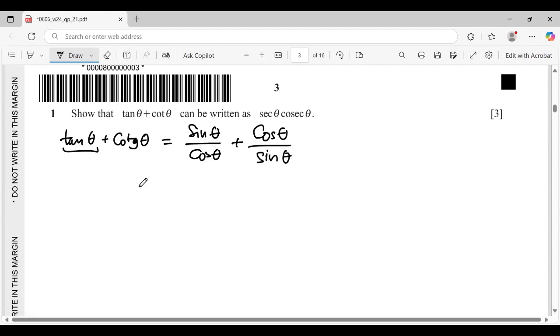After that, cross multiplying, it becomes sine squared theta plus cosine squared theta,